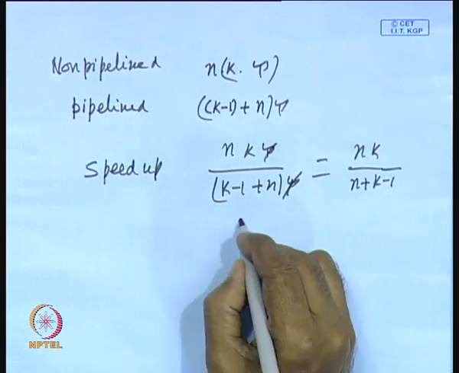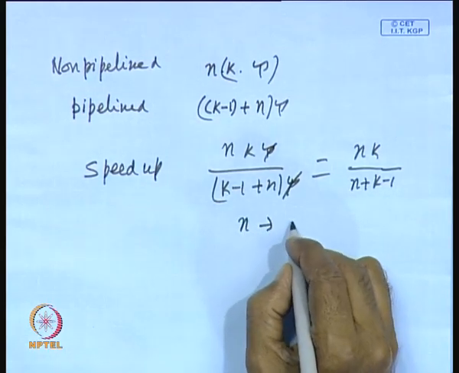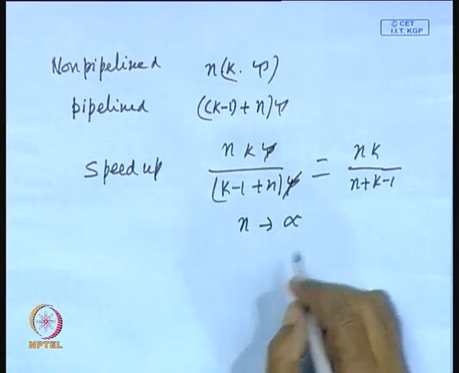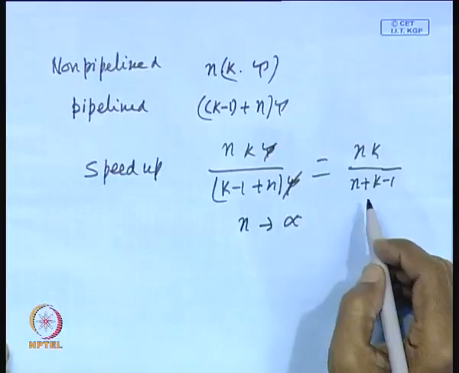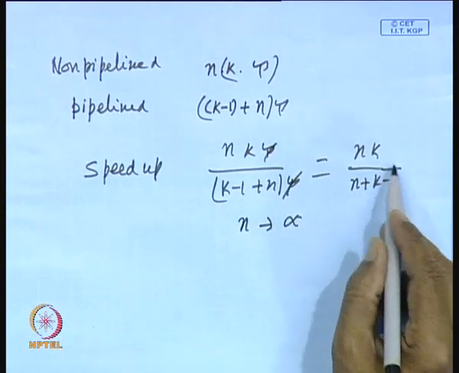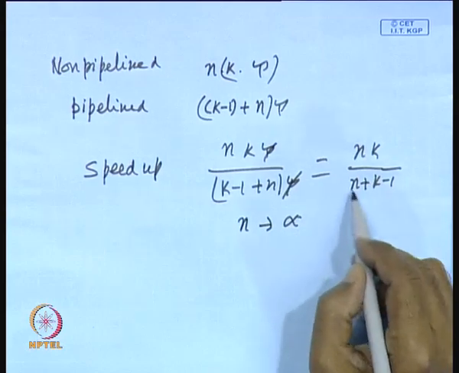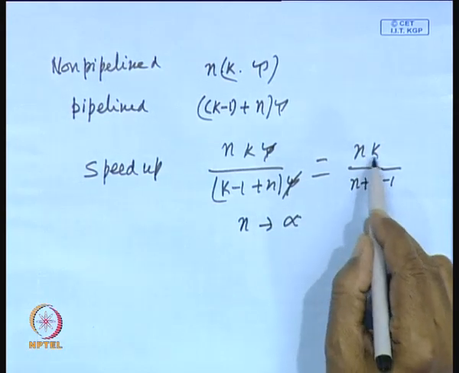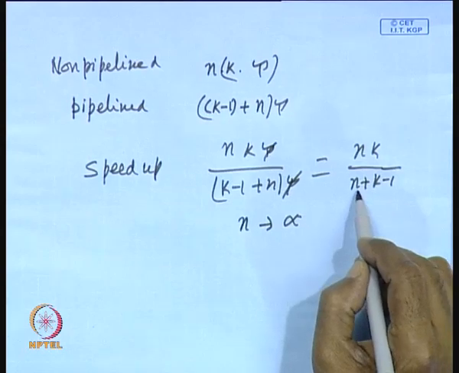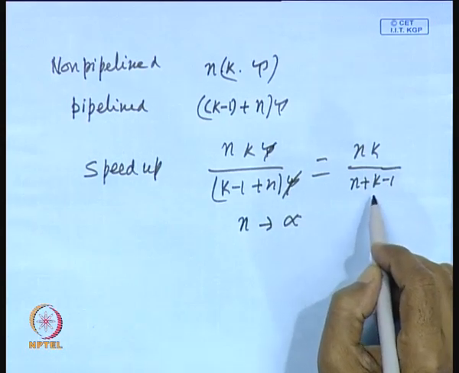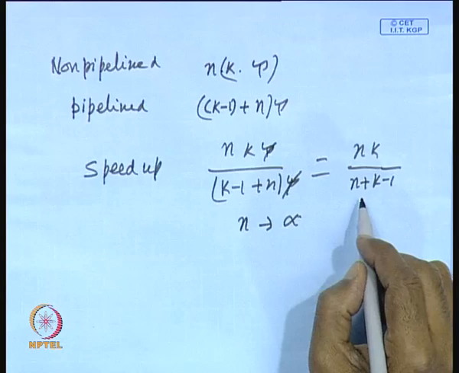Now, when n is very large, say infinity, that means you have to execute a very large number of tasks, in such a case what will happen? You can ignore the k minus 1, so this will become n k by n, and this will approach